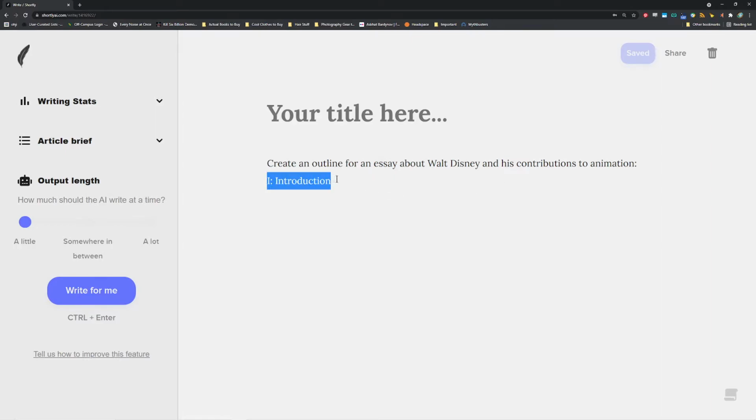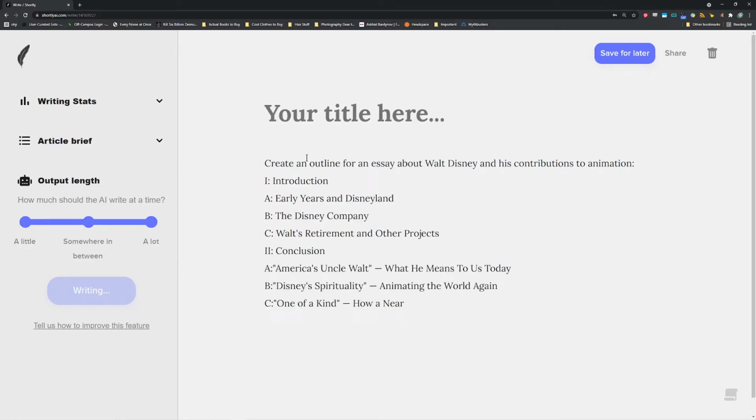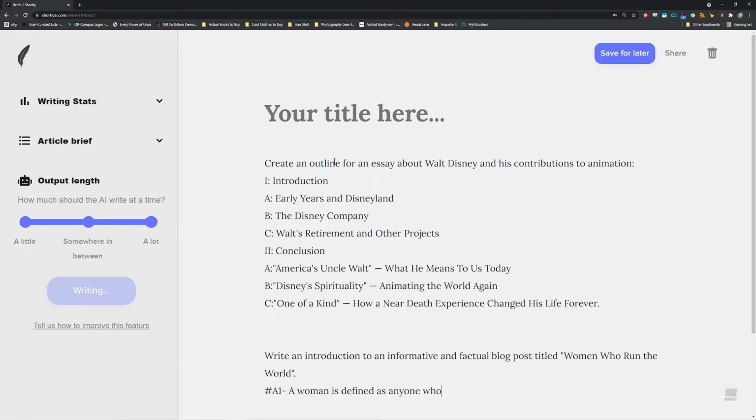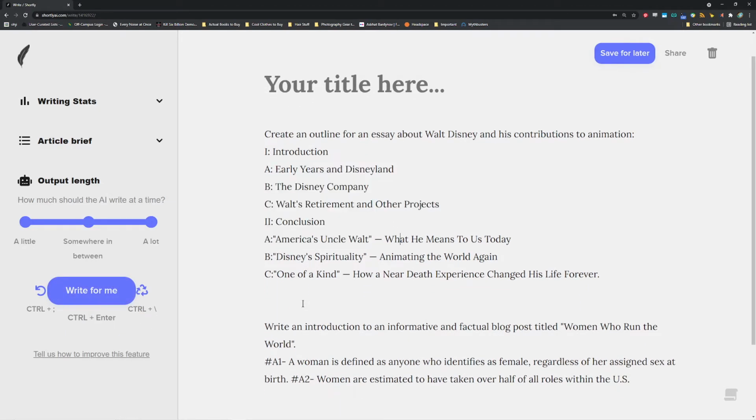For the first one, you just put the word introduction, and this is I, and then you can have it write something for you. Since this is an outline, it'll give you an outline of how these things are, and you'll see that after